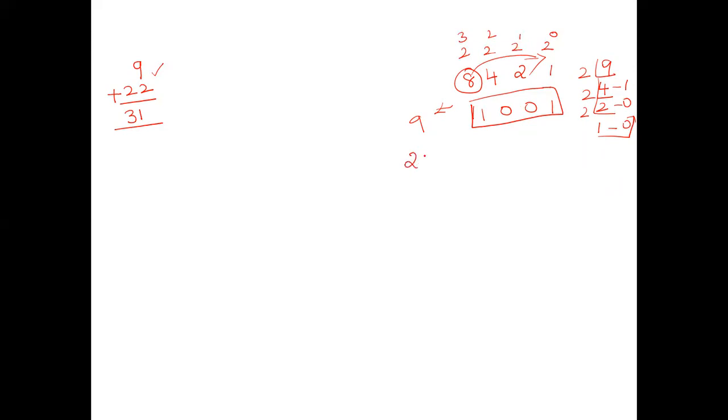And the next one is 22. The same thing. 8 plus 4, 12, 12 plus 2, 14, 14 plus 1, 15. So the maximum is 15 if we go up to 2 power 3. So 2 power 4 is 16. Now you can add the numbers to make 22. We can make it as 16 plus 4 plus 2. So the input will be 1 in the 16 position, 0 in the 8 position, 1 in the 4, 1 in the 2, and 0 in the 1.